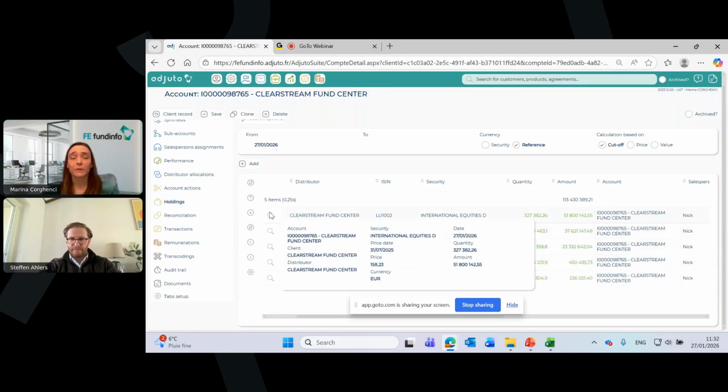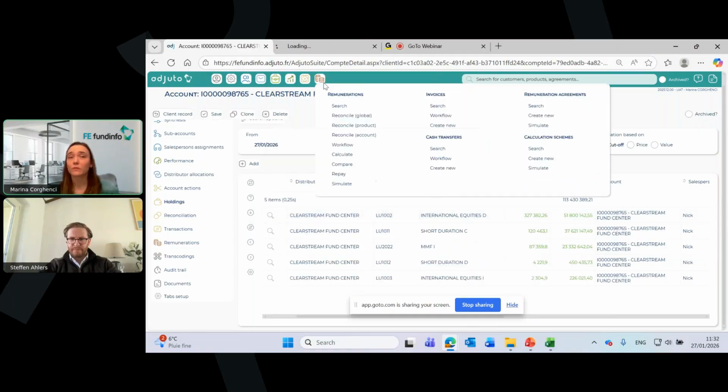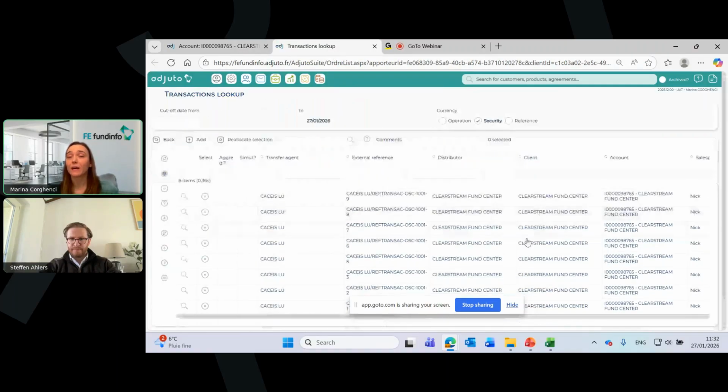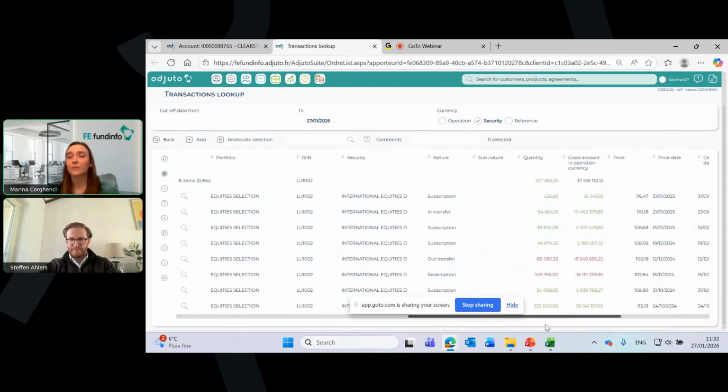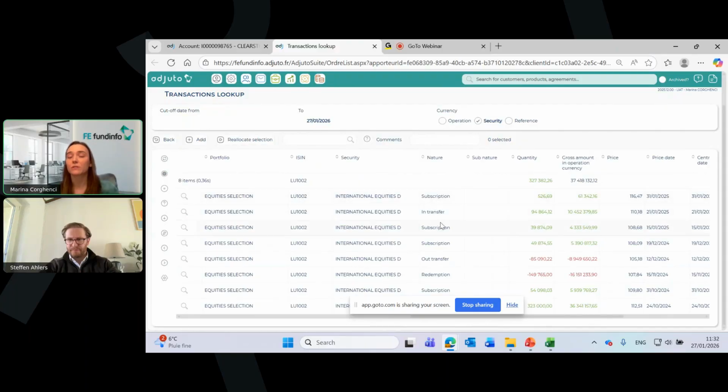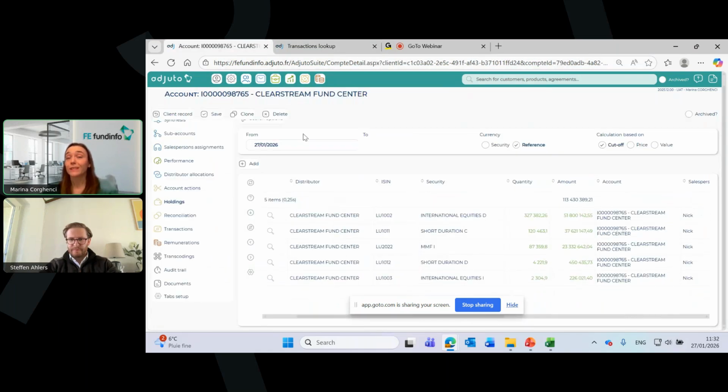First item to mention is if we click on one of the positions, you can see that behind this position, we have all the historical data of the transactions with the subscriptions, the transfers, the redemptions, and that can go from the inception date. So let's see now how with the add of Eduto you can get the underlying information